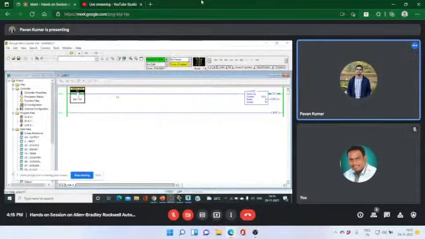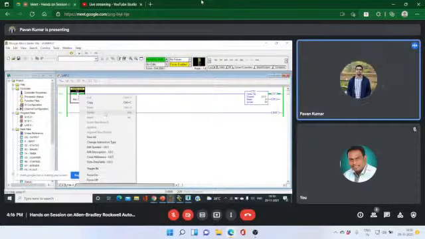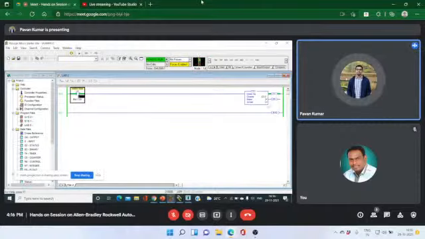In industry we can use real-time switches like proximity sensors to detect the counts, and in this case we have to manually control this toggle bit. When we toggle it, the counter accumulator value goes to 1.